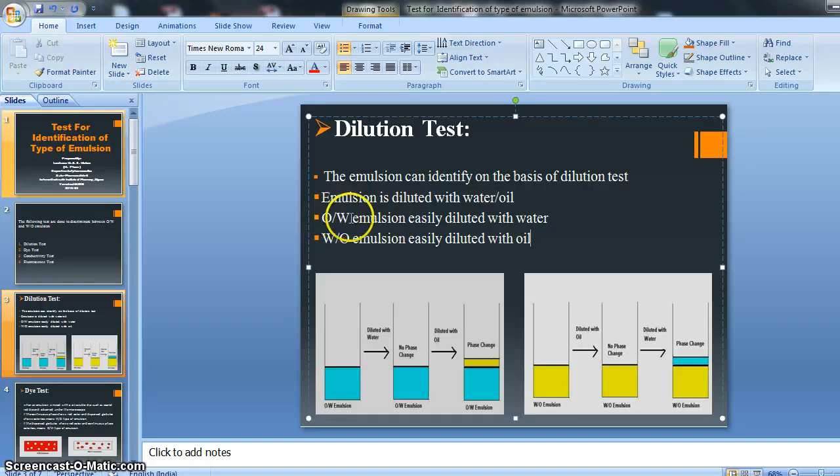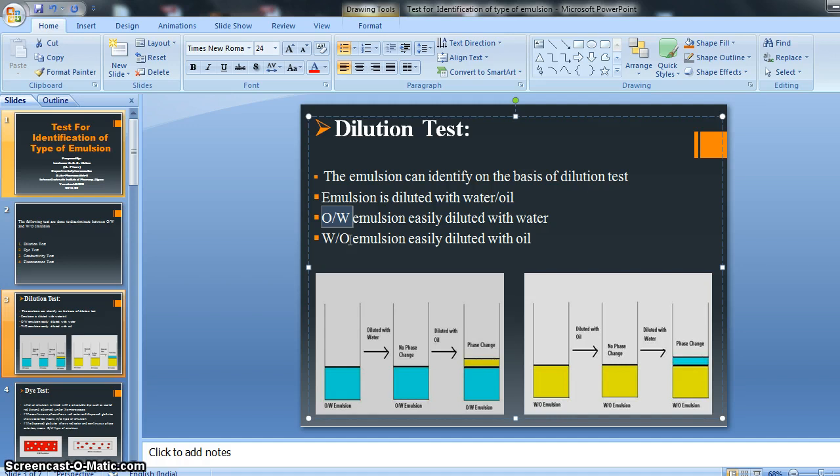In OW type, oil is the disperse phase and water is the continuous phase. Water is the continuous phase, meaning water is present in a large amount and oil in a small amount.